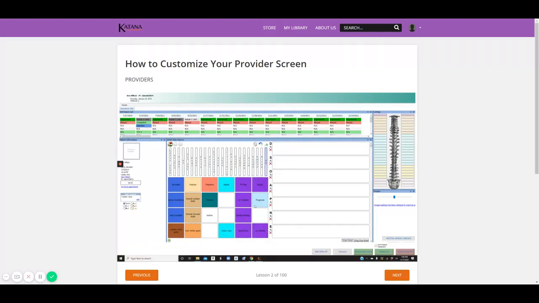So this is how to customize your SOAP note screen. After you check a person in and open up the screen, you have the ability to create this to look like however you want to suit your doctor needs. A lot of times you're going to see it and it may look something like this when you first open